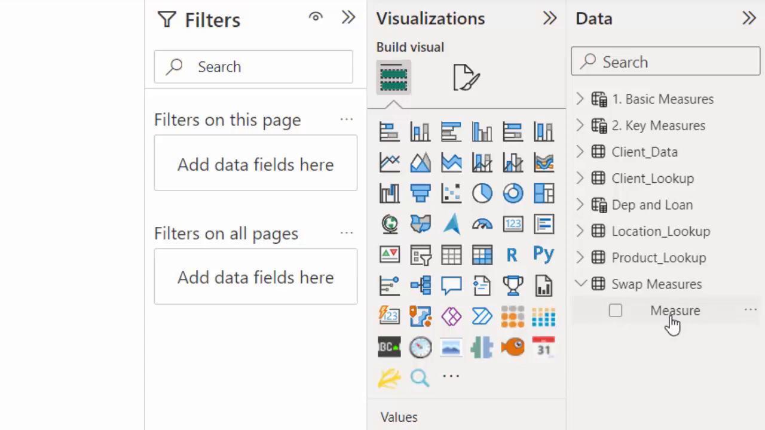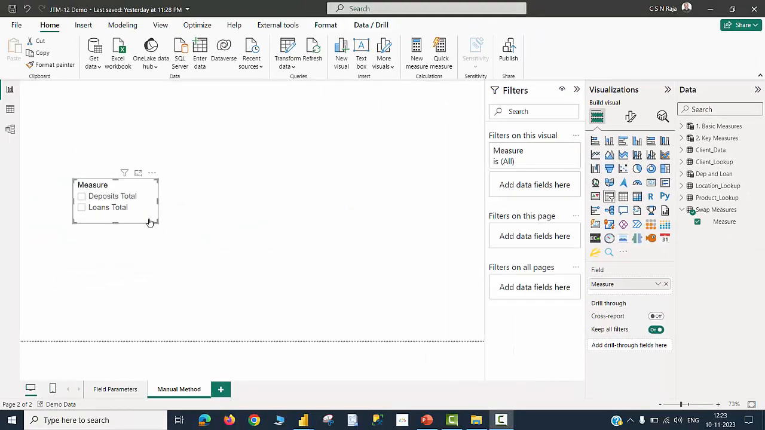This column is what we are going to use inside the slicer. Now you can see a slicer that is being created with the measure column from the swap measures table. So once the slicer is ready, the user will be clicking either of them. Now the task is, when the user clicks on any particular measure, we need to find out which one was